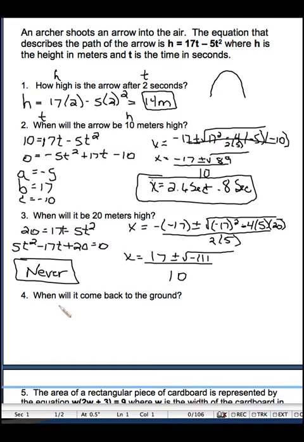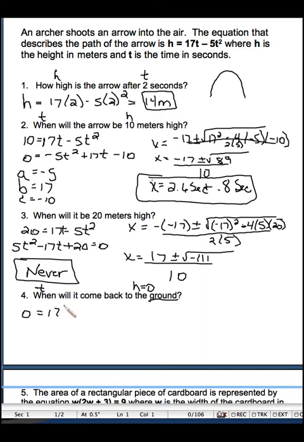Okay, when will it come back to the ground? When is time? What is our height? Again, this is the one people always miss. When it hits the ground, the height is 0. So we have a value for our height. So 0 equals